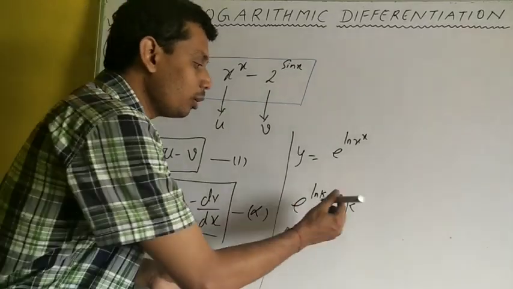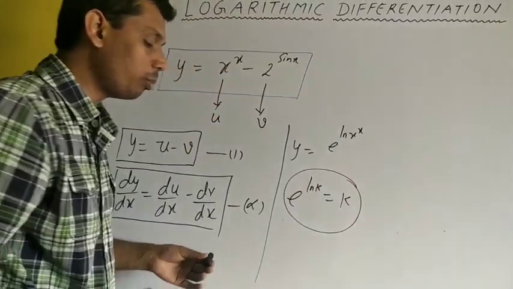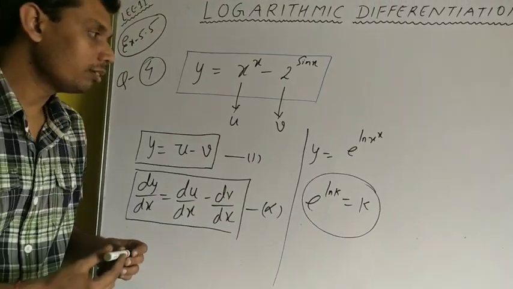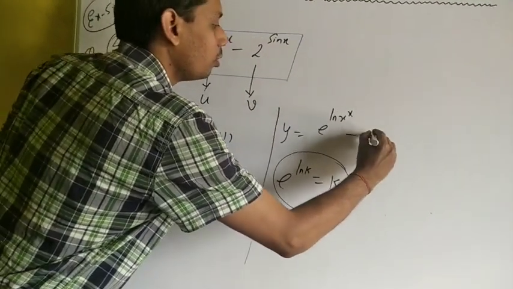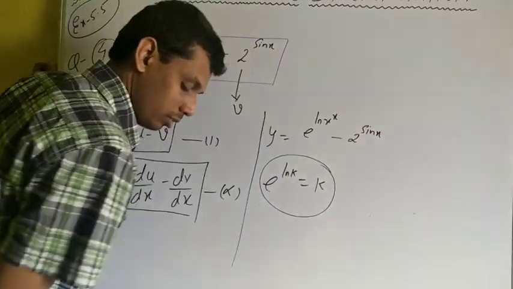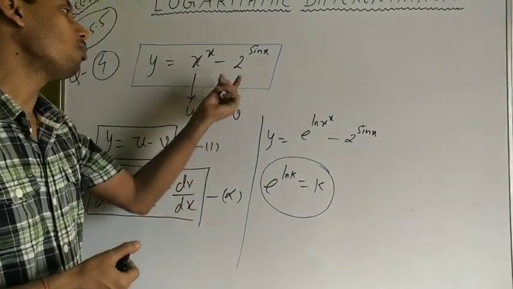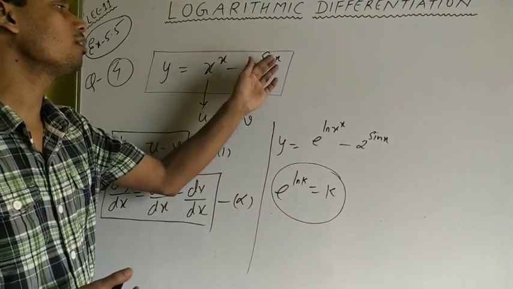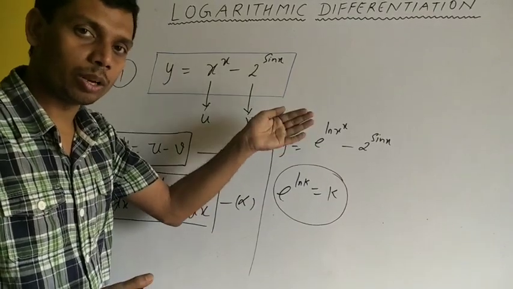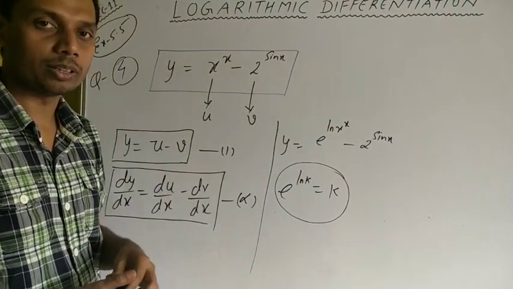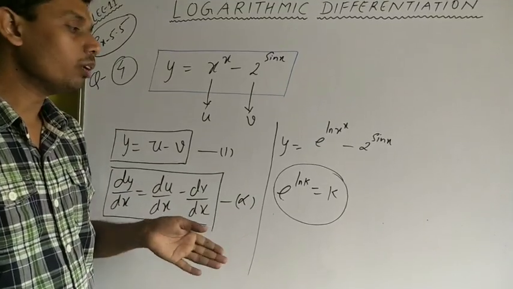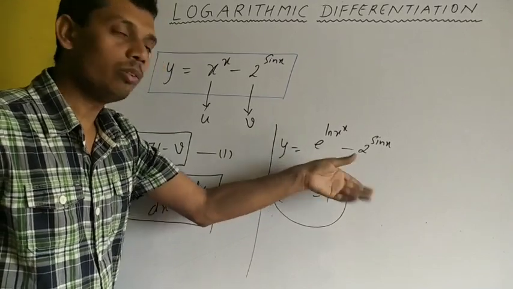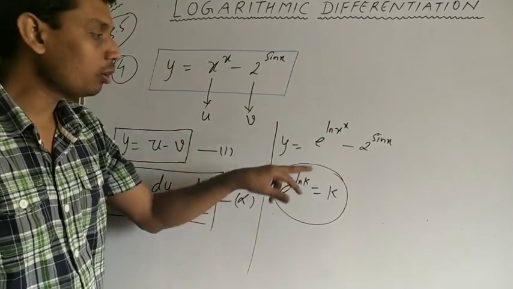And what concept are we using here? We are using this property of log, that e to the power log k is equals to k. In a similar manner, see, 2 to the power sin x, this is in a form of a to the power x, and we have the differentiation for a to the power x. Suppose that in place of a to the power x some other function is expressed there, that is f(x) to the power g(x). In that case also we'll write f(x) to the power g(x) in this manner, and then we can differentiate because we have the formula for e to the power x.